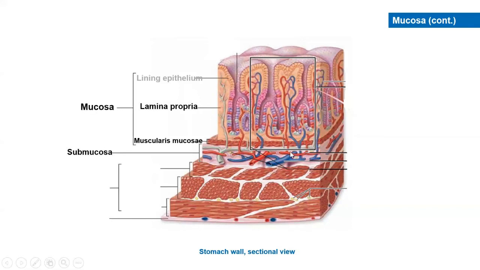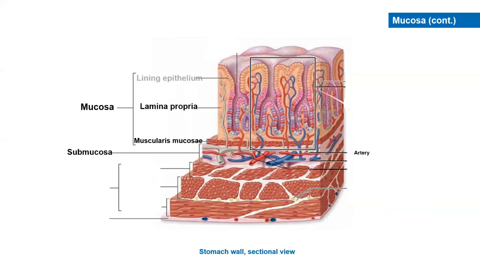This layer is submucosa, and it is dense, irregular connective tissue. Less ground substance, more fiber. That's why it's called dense. And irregular due to the collagen fibers are arranged haphazardly. That's why irregular. And the advantage of irregular, it provide more strength. The arrangement of the fiber allow the organ to resist excessive stretching and distension.